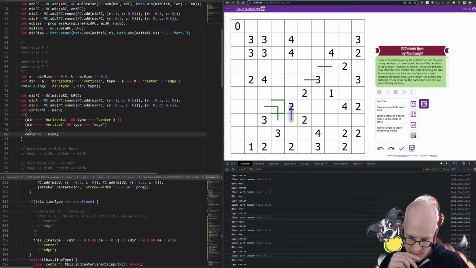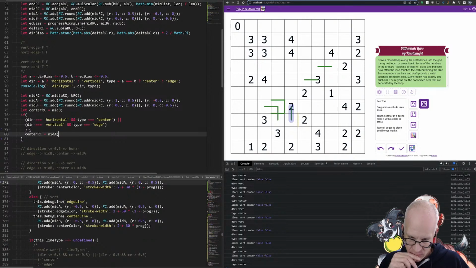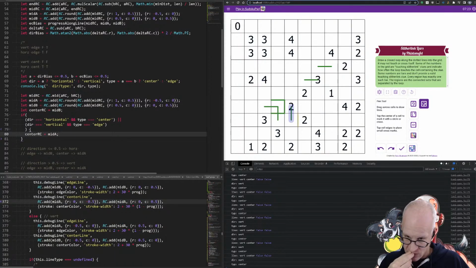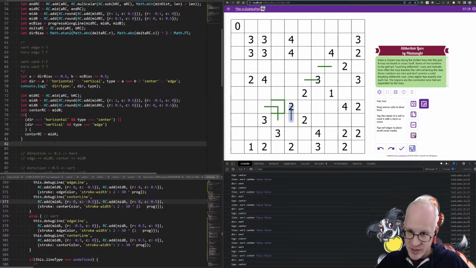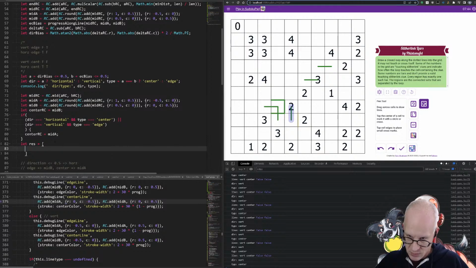And then we need to add the same to the front and the back. No, depending on if we're... Okay. So let out a RC out. Let res equals, let's just do it this way. So the first point will be